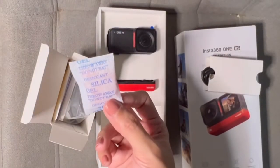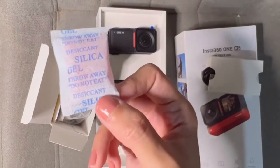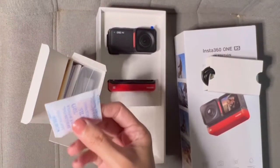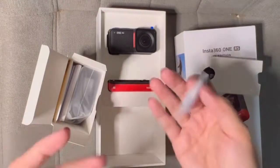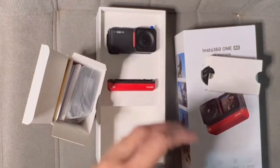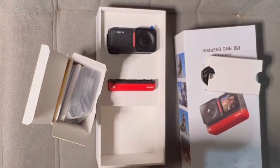A little side note about silica gels, don't throw them away. I know it says throw away, do not eat. Yes, don't eat it, but keep it, because if you drop your phone or something that's not waterproof in water, you can put it in a container. Of course, you can do the rice thing, or the palay, or not palay, the bigas thing. You can put it inside an airlock container, put your phone under several scoops of rice,